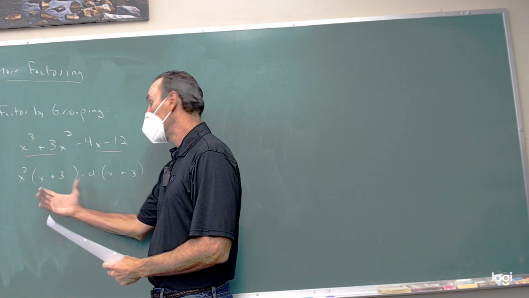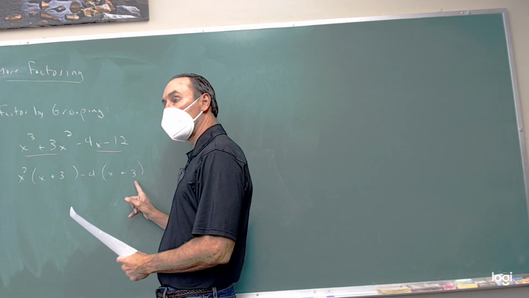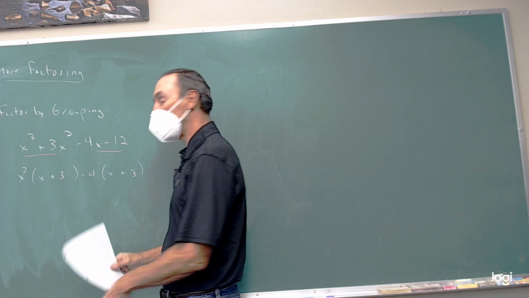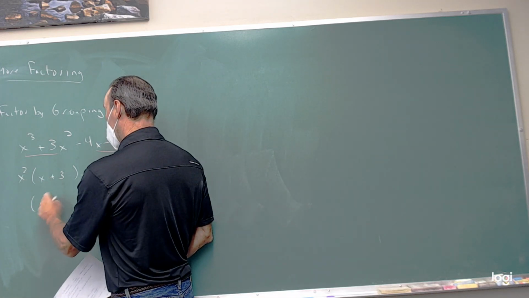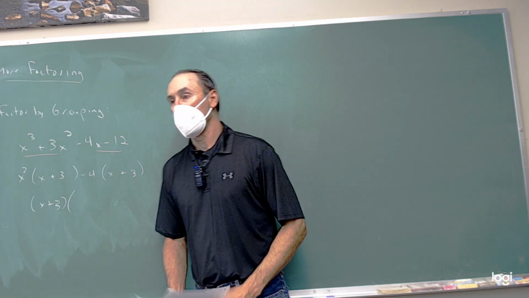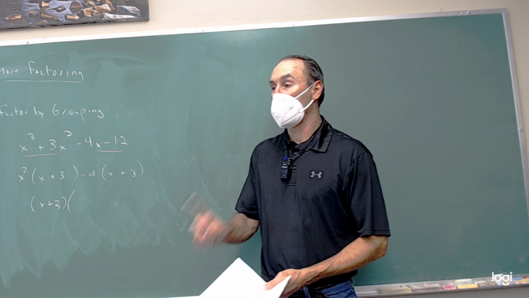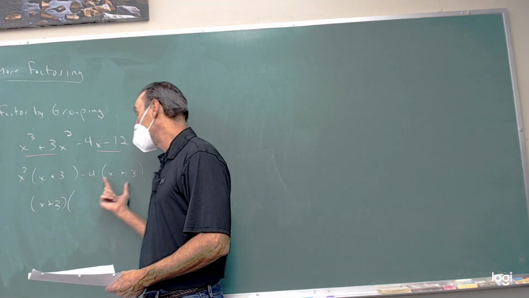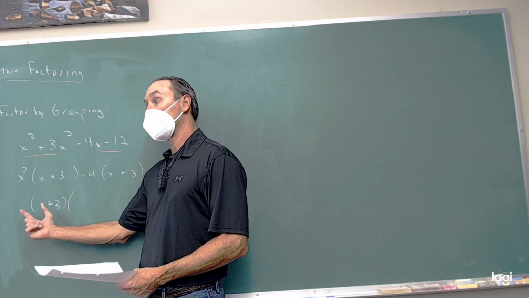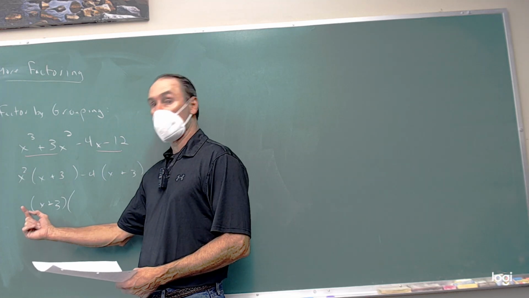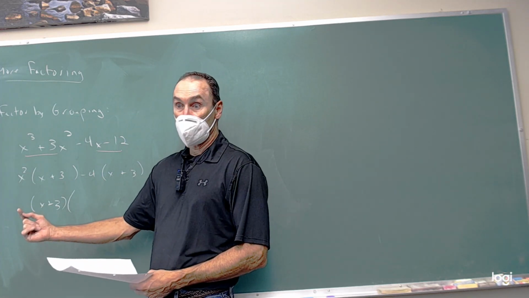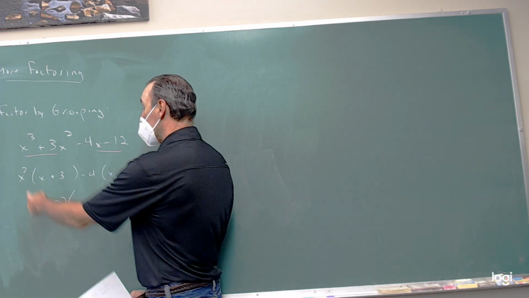These two terms have a common factor of x plus 3. So we will factor that out. Now notice that is not an x plus 3 squared. It is one x plus 3 factor that's coming out of each of these. Does that make sense? Why that's not x plus 3 squared. Okay, and then what's left behind is